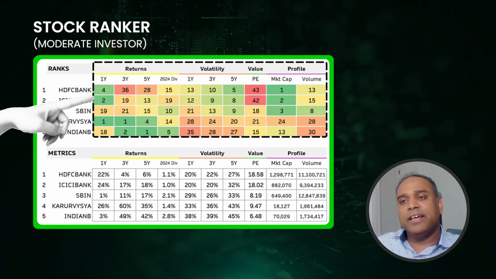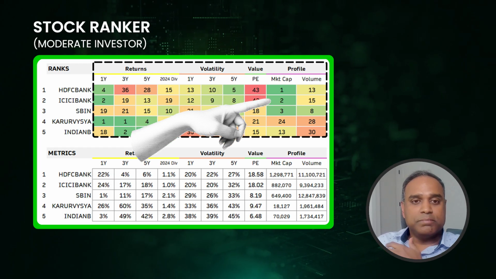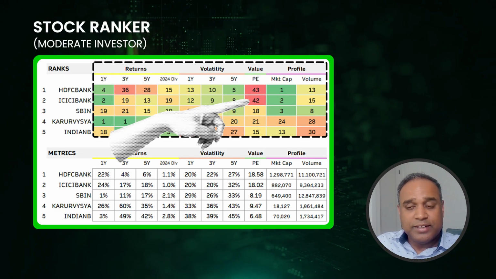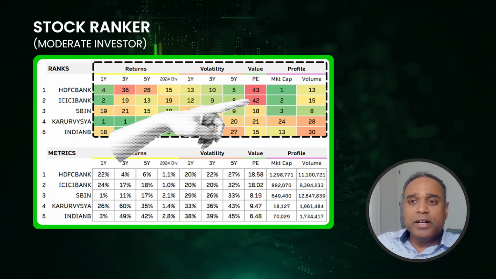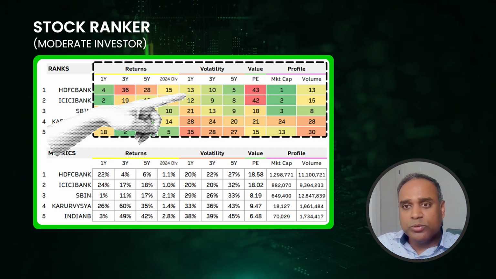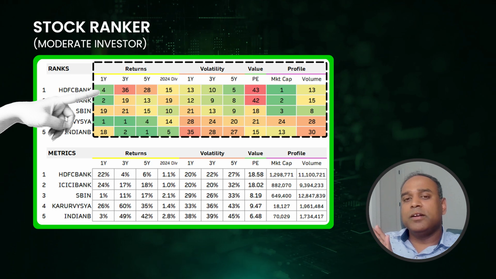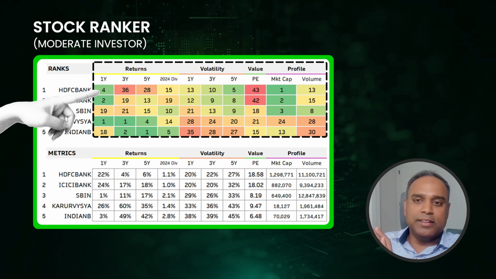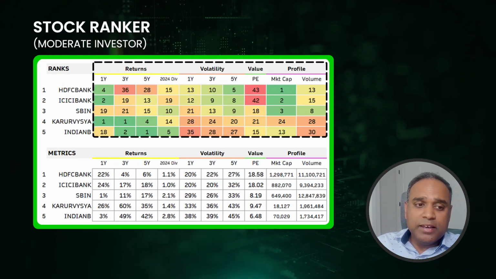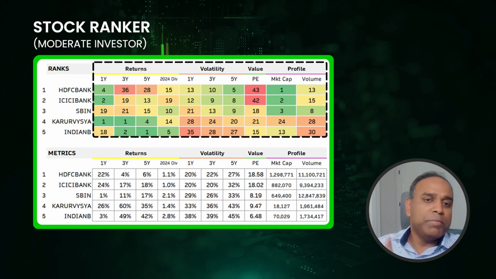And then they get help from the market cap as well, because they are 2 of the largest in terms of market cap. Their PE ratio is not great, that's why you see the red. But their volatility is towards the top, so that helps them. And then the recent performance. Basically, the model gives equal importance to all the 10 things, and HDFC and ICICI Bank come toward the top. SBI is number 3, but it's the best of the public banks.